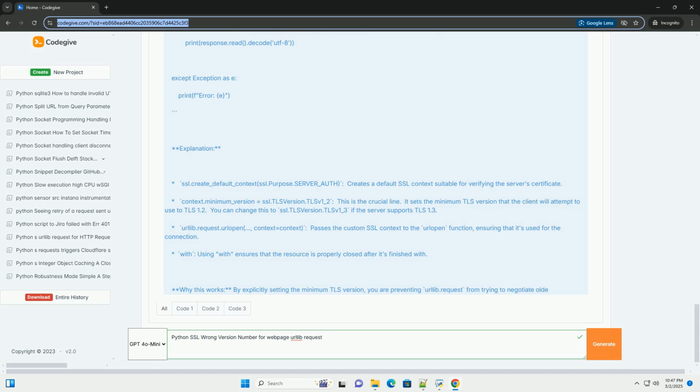1. Specify the minimum TLS version, the most recommended and simplest approach. This is the most common and generally the best solution. You can create a custom SSL context and explicitly tell urllib.request to use a specific minimum TLS version, for example TLS 1.2 or TLS 1.3. Explanation: